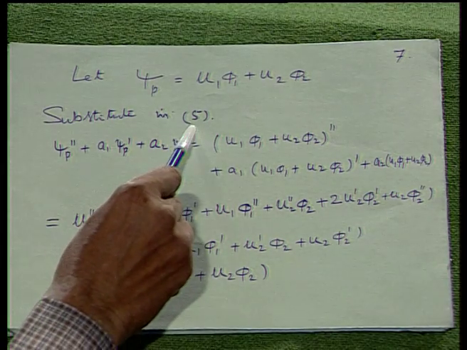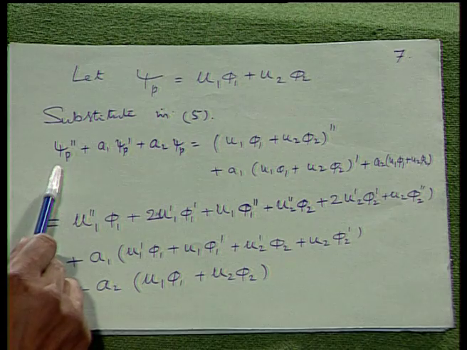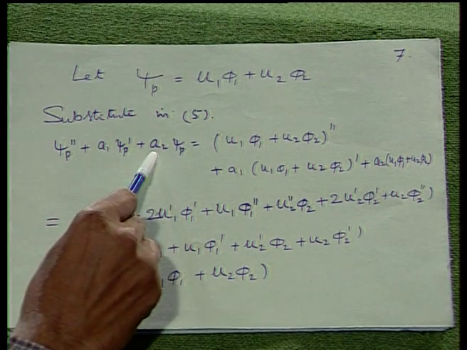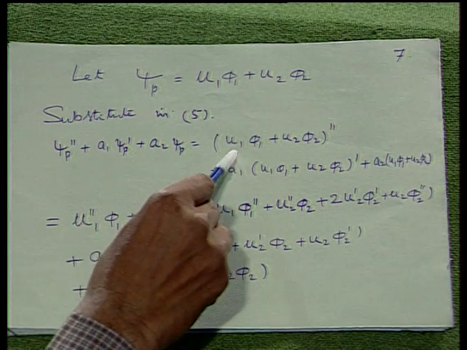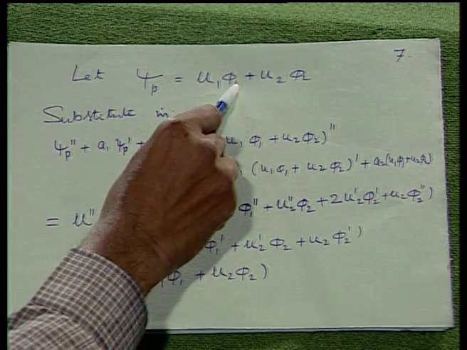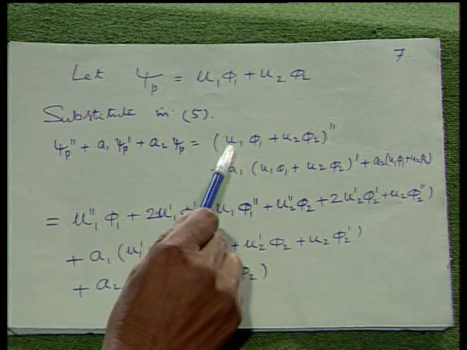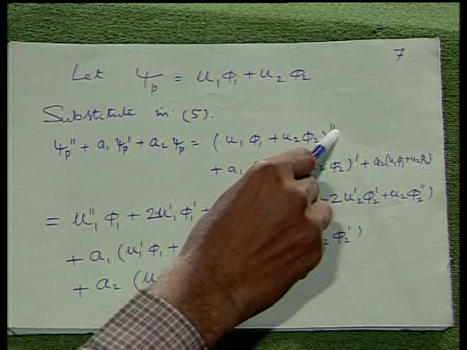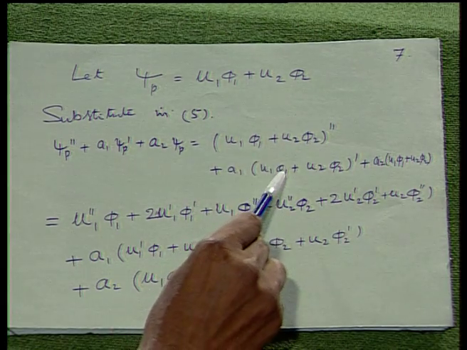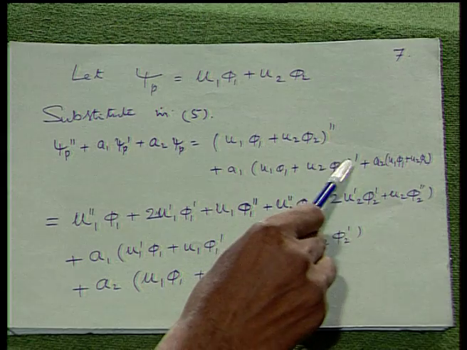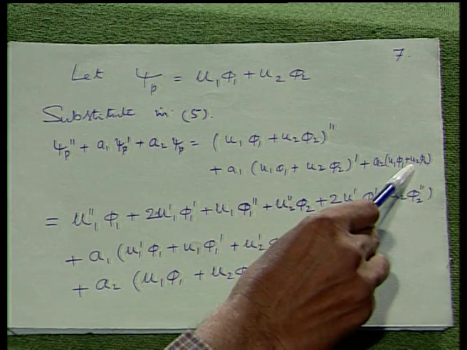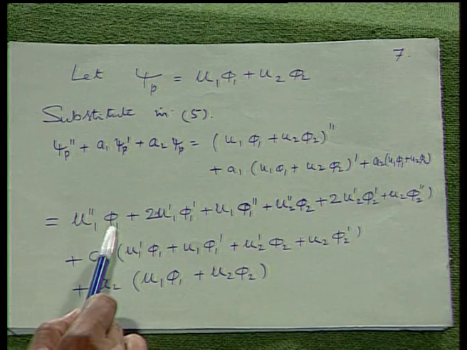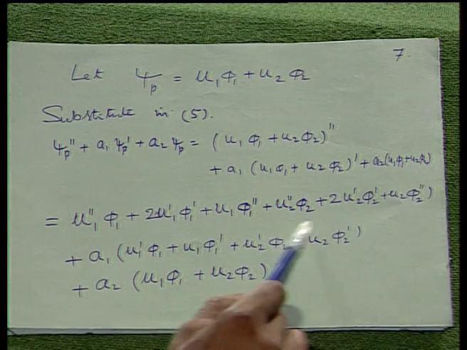Substituting this in L y is equal to b x, that is in the second order differential equation, we will get psi p double dash plus a 1 into psi p dash plus a 2 into psi p, where psi p happens to be u 1 phi 1 plus u 2 phi 2. We substitute this function: u 1 phi 1 plus u 2 phi 2 whole double dash, plus a 1 into u 1 phi 1 plus u 2 phi 2 whole dash, plus a 2 into u 1 phi 1 plus u 2 phi 2. Differentiating all these expressions and rearranging, you will get this expression,